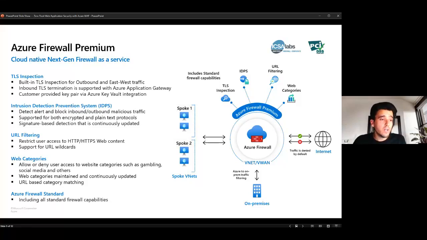Then we have the inbound TLS termination. So inbound is the traffic coming from outside of Azure to Azure. And for that, we will use the Azure Application Gateway. And later, I will tell you more about why we're using the Application Gateway for the inbound. And of course, you can use the Azure Key Vault integration, which in our case we will be using